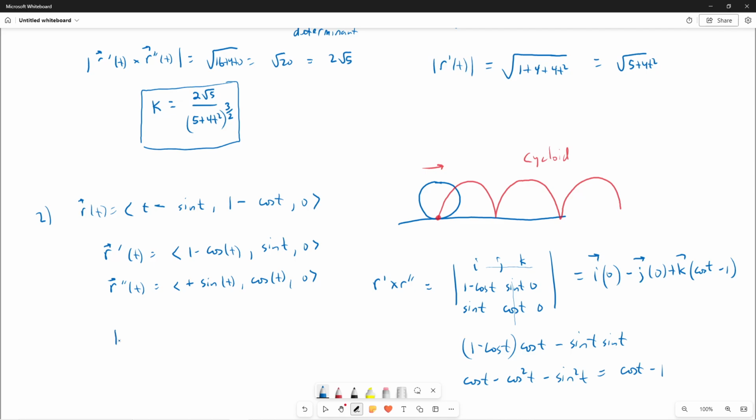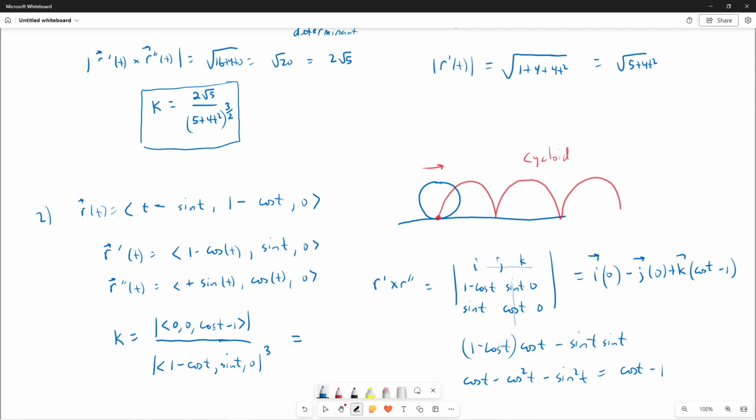So our cross product, the numerator, is the magnitude of the vector 0, 0, cosine t minus 1, and the denominator is the cube of the magnitude of this one. So the magnitude of the vector r prime of t, which is 1 minus cosine t, sine t, 0, and we have to cube that one. So let's work this out. This is